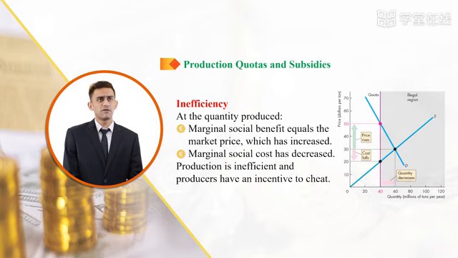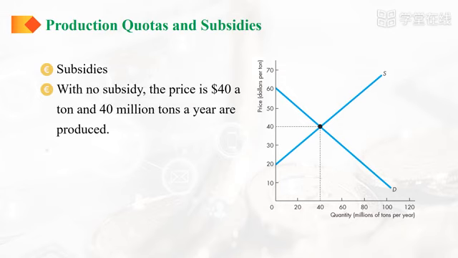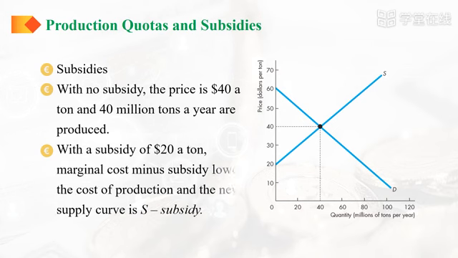Because of the difficulty of operating a quota, producers often lobby governments to establish a quota and provide the monitoring and punishment systems that make it work. Now, subsidy. In the United States, the producers of peanuts, sugar beets, milk, wheat, and many other farm products receive subsidies. A subsidy is a payment made by the government to a producer.